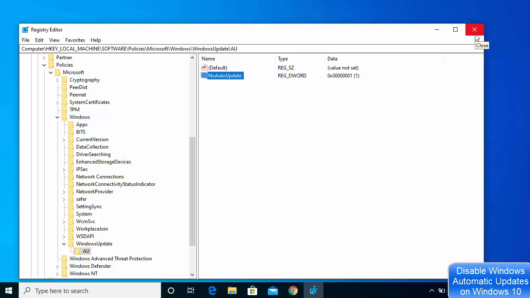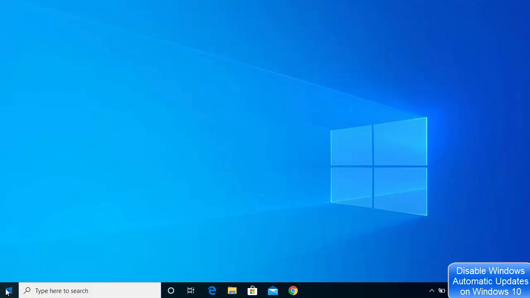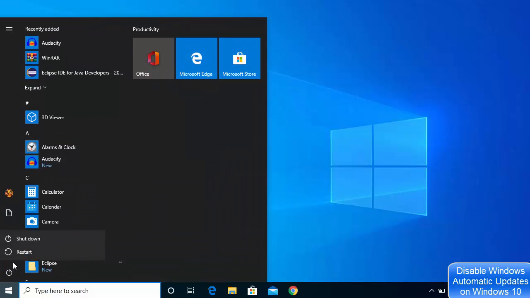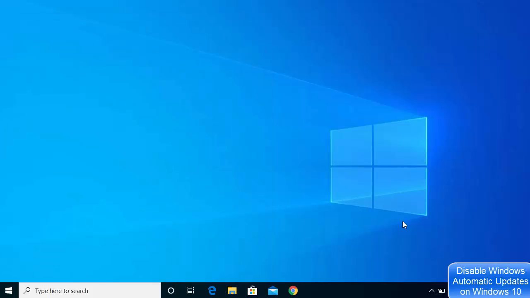Okay, so just change this value from 0 to 1 and then click OK, and then you can close this window. And for all the settings to take effect, you need to restart your computer. So just close this window and then restart your computer, and after the restart you will see that all the automatic updates will be disabled on your Windows 10 operating system. So this is how you can disable all the automatic updates on your Windows 10